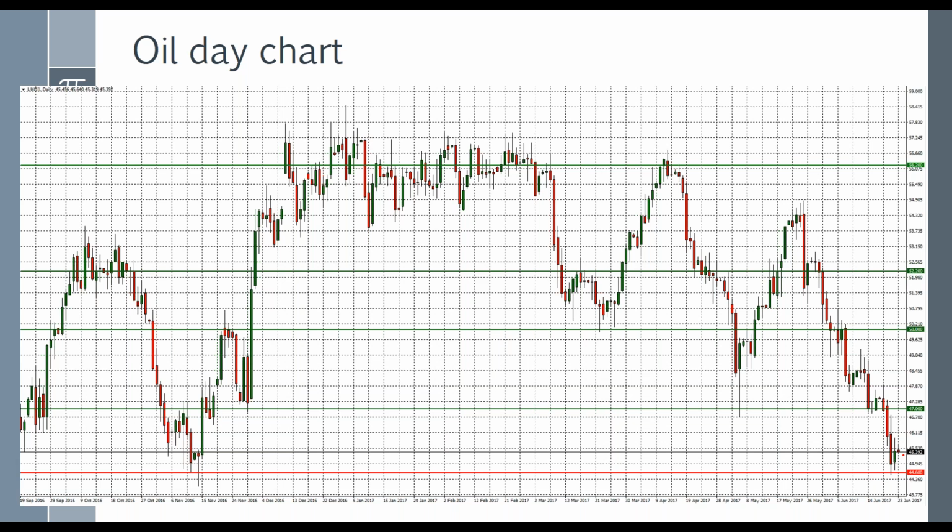And as we can see over here, just 2 weeks ago, oil reached the point of 44.6. Before that, in November 2016, it reached the same point and then corrected itself by more than $10. And we saw the same thing over here. Now, as a trader, I looked at this point in November and just 2 weeks ago when the market again reached over here, and I told myself, this looks like an interesting point, a good resistance point for the market.